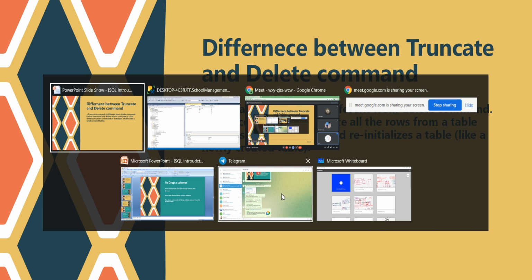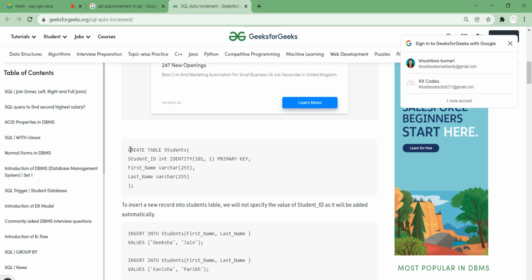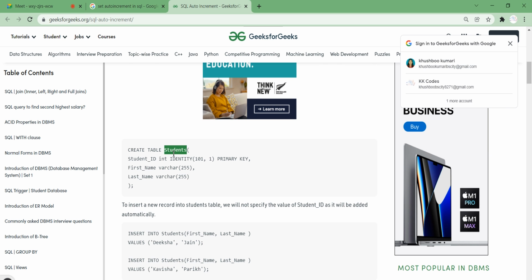What you need to have is that this query, you just need to write while creating the table. Here you can see create table student, and inside this you need to specify, let's say I want student id as a primary key. So what will I write? I will write primary key.